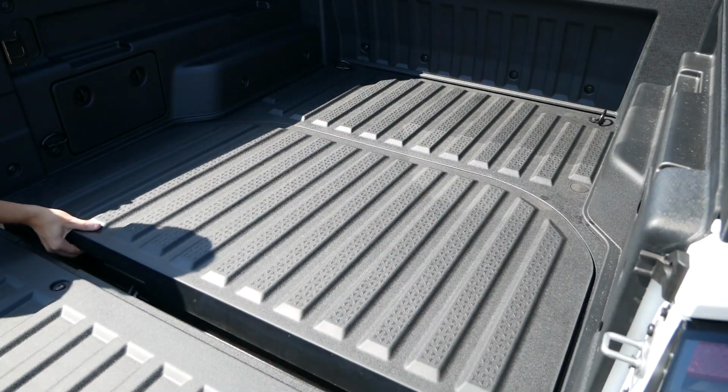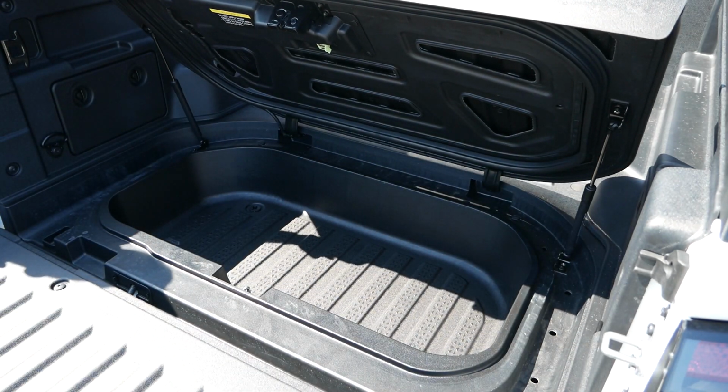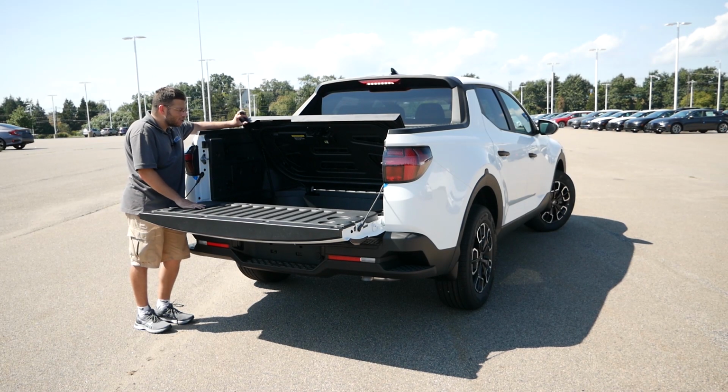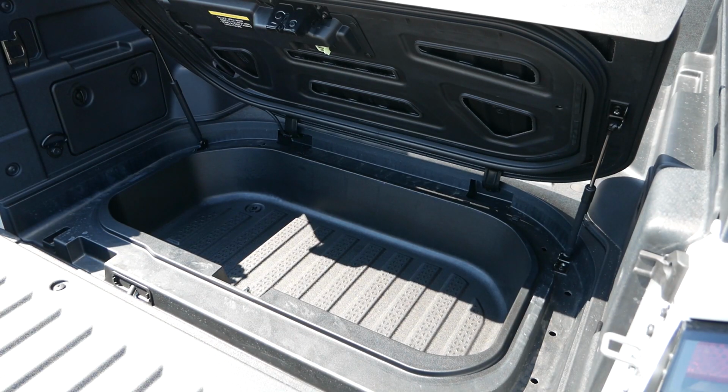One of the cool things about the bed of this pickup truck is that you will have a compartment that you can hide some of your more valuable items, but also more importantly, there is a drain plug here. So if you want to tailgate at a football game, you can just throw some ice in here, put some drinks, and you can have an absolute blast on your Sunday afternoon. So this is really cool to see. Now, you can get a cover for this bed, so if you have tools or other type of equipment that you're afraid are going to get stolen, you can use that and people won't be able to peek in